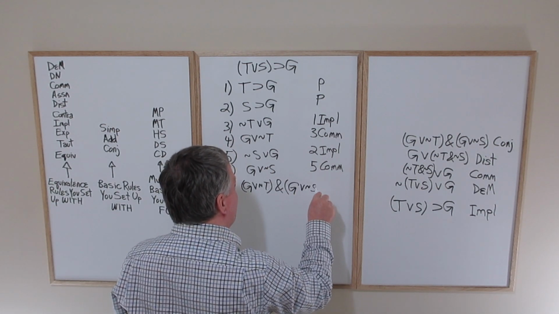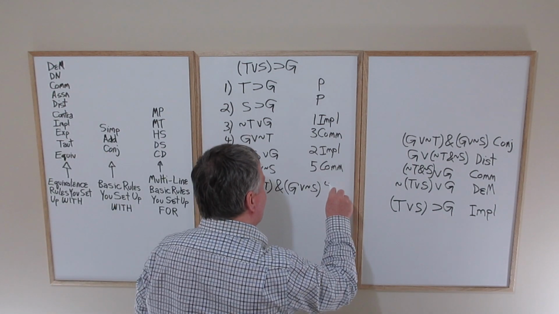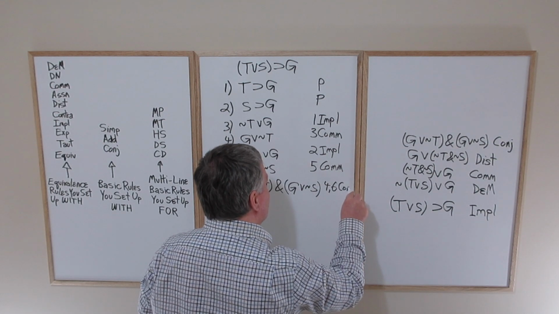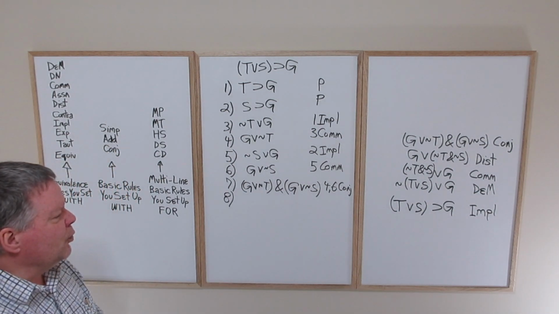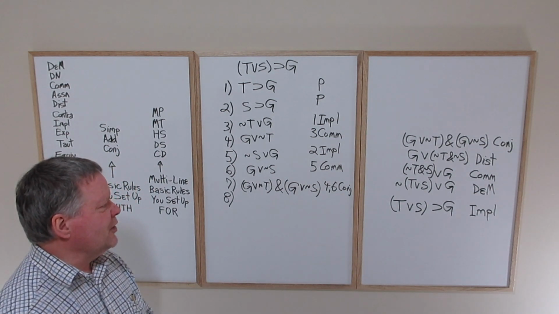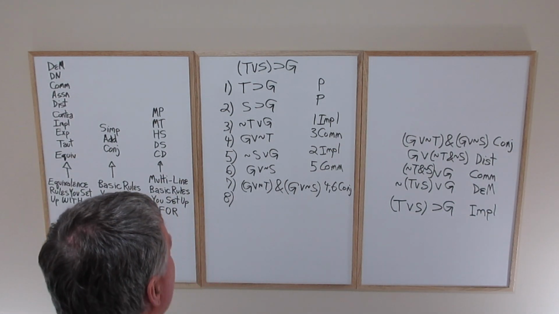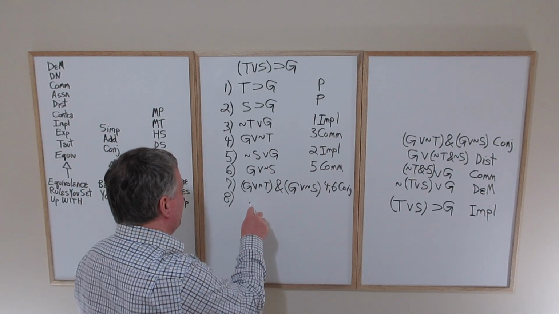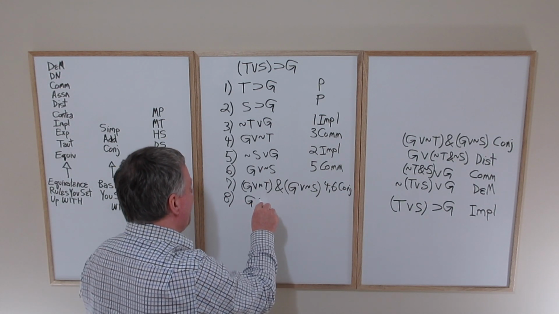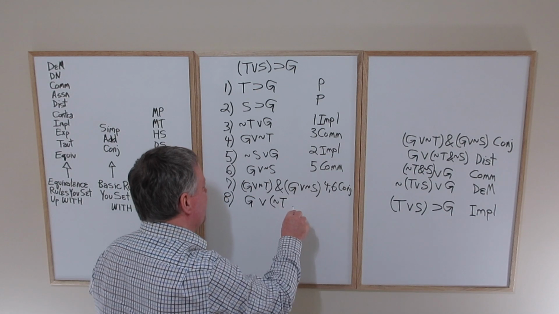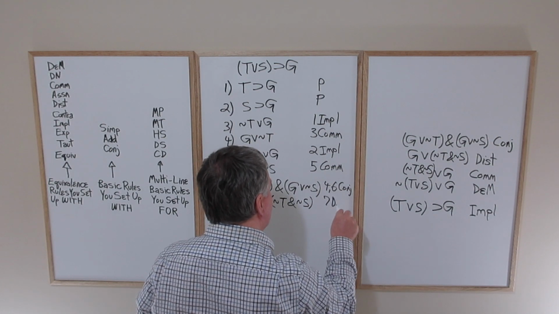G or tilde S is just going to be 4, 6 conjunction, and now we can do the all-important distribution step where we're going to go from the bottom right to the bottom left. So we're going to end up from the conjunction with the disjunction G or tilde T and tilde S. So that's 7